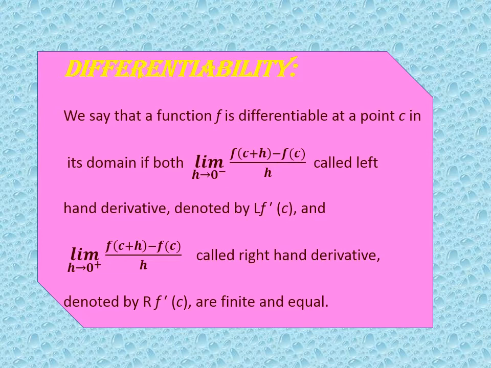If this criteria is there, that left-hand derivative and right-hand derivative exist and they are equal, then the function is said to be differentiable at that particular point x equals c in the domain of the given function. Very simple. We have learned about limits, left-hand limits, right-hand limits. Simply we have to find the left-hand limit of the given function at the point c and right-hand limit of the function at the point c. Clear? If both exist and both are equal, then this function is said to be differentiable at that particular point. Clear? So pause and note down the definition.